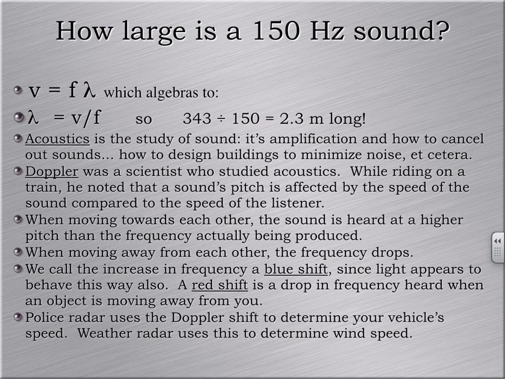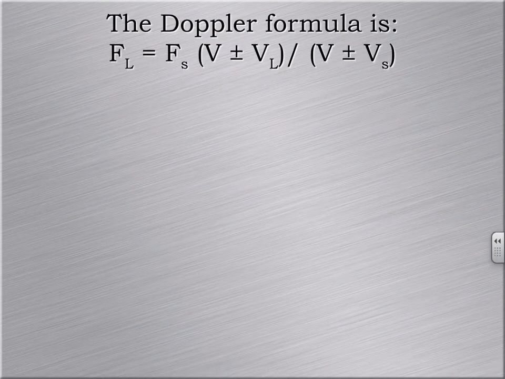And of course, when the nice officer pulls you over and says, you were going 47 in a 20, how does he know you were going 47? He bounces radar off of you. If I stick a known frequency toward you and it bounces off at a different frequency, then he reads that new frequency and he quickly plugs into this formula.